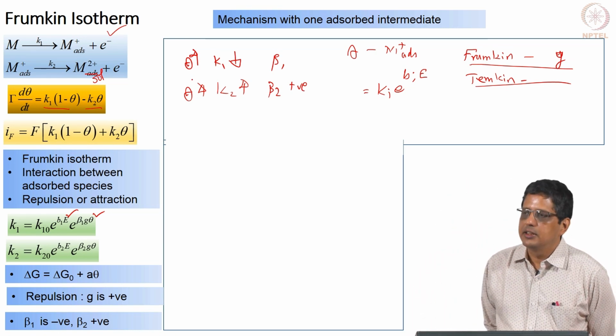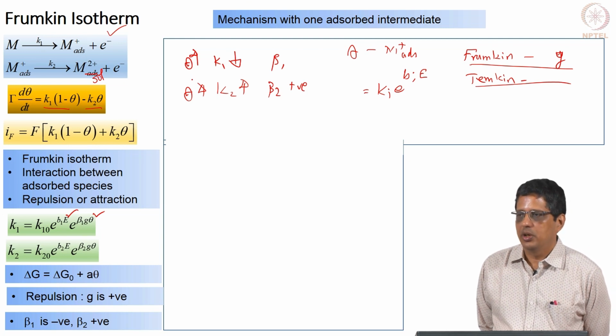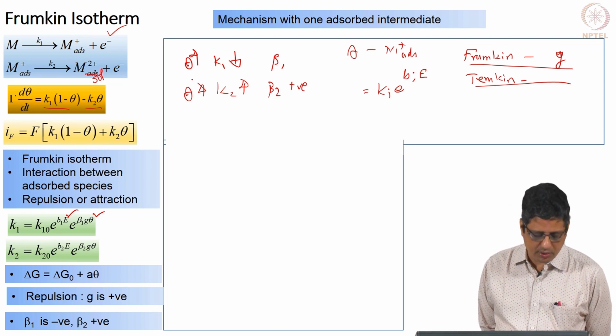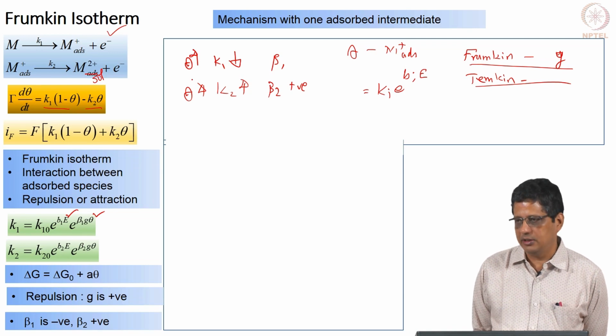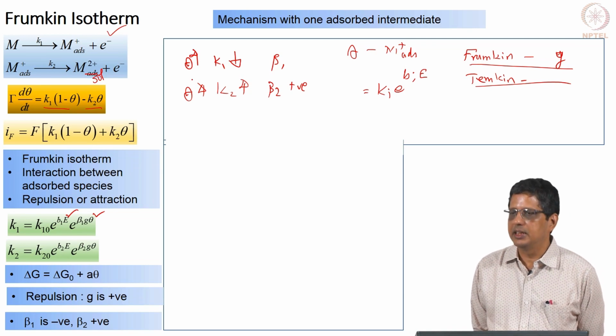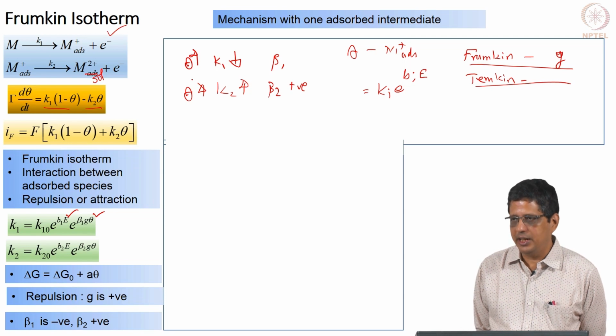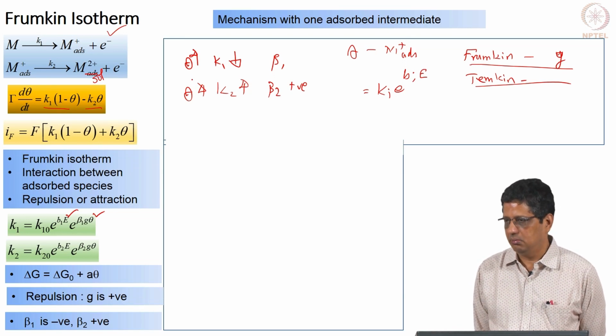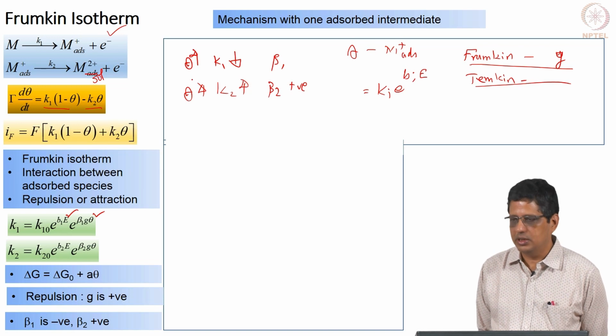See, the Frumkin isotherm does not tell us anything about k1 and k minus 1 or k2, it just tells us the K1 equilibrium, K2 equilibrium. We just propose that the rate constant can be of this form because this will lead to the Frumkin isotherm, but you might be able to come up with another expression for the individual rate constants k1, k minus 1, k2, k minus 2, such that the equilibrium constant is still exponentially dependent on theta.